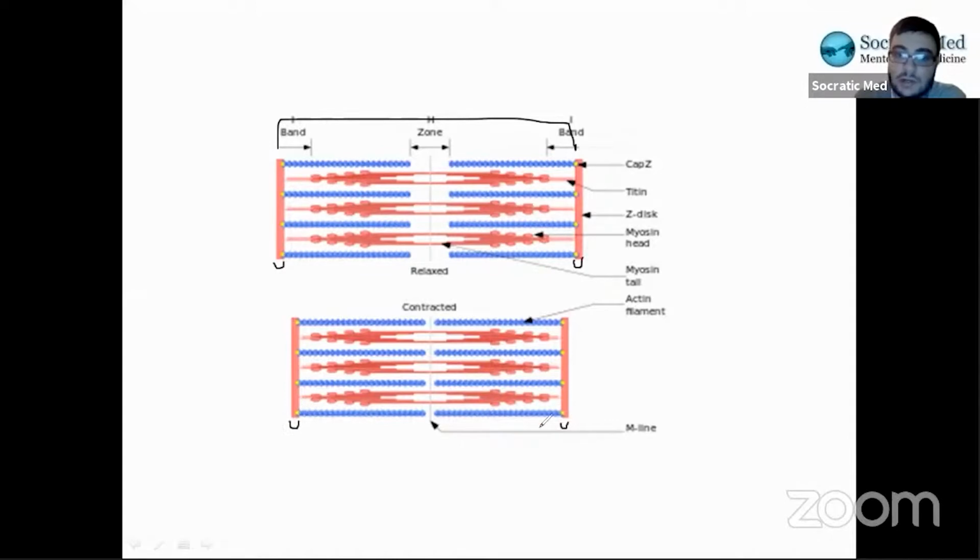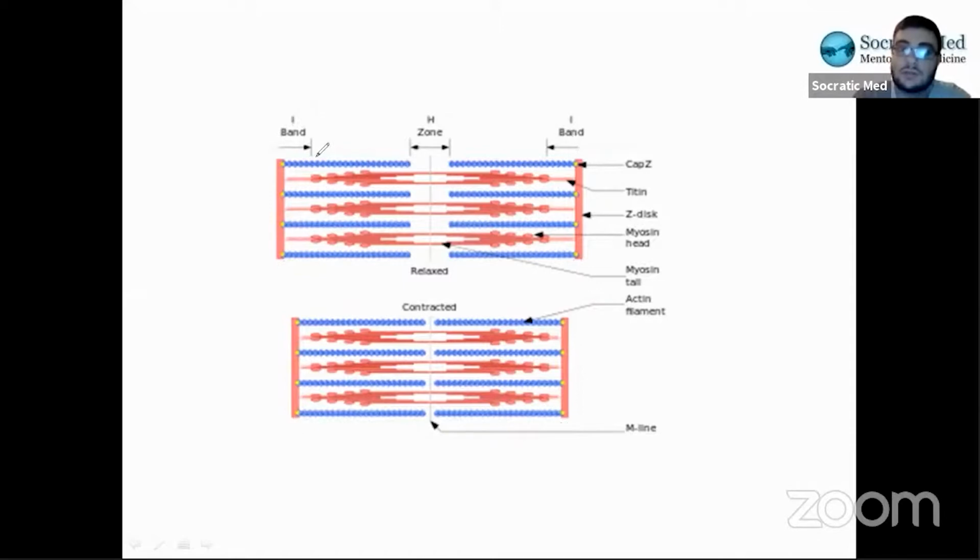So this was a trick question. Because look, this length to this length, it didn't change. The actual wall itself didn't change length. The distance from this wall to the next wall changed length, but that's not what the answer choice was saying. It was just asking for the length of the Z line if it changed, and it does not. Most people picked choice A, which is the H zone.